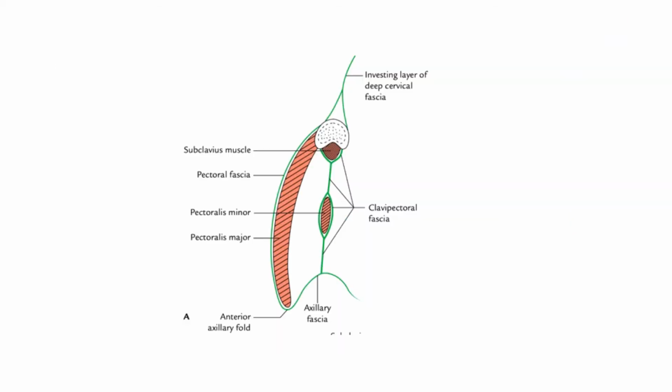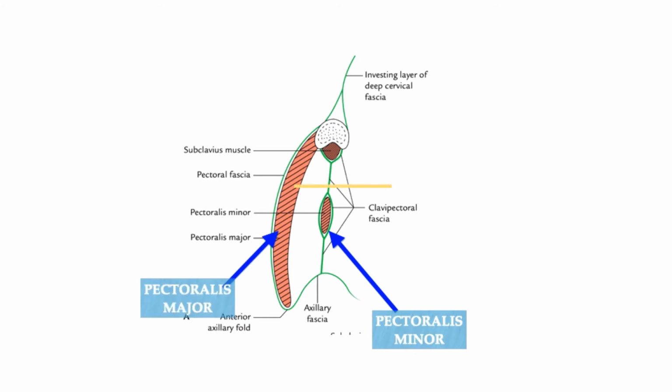This is again the schematic representation of the sagittal section of pectoral region. Here this green arrow represents the clavipectoral fascia, and this is pectoralis minor, pectoralis major. Now the yellow line here represents the lateral pectoral nerve. You can see that lateral pectoral nerve pierces the clavipectoral fascia, and on its way to pectoralis major muscle, this lateral pectoral nerve gives a branch to pectoralis minor muscle, and hence it is responsible to provide motor nerve supply to pectoralis major and pectoralis minor muscle.